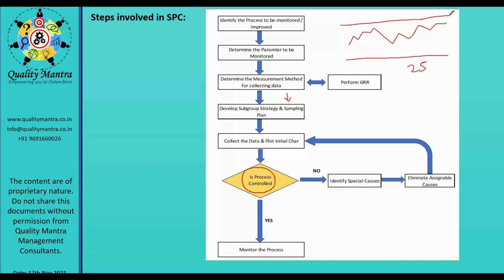If all data is within the control limit, then it is in control? When you calculate the control limits from the data, normally all points will come within the control limits. That doesn't mean the process is in a state of statistical control. We have shown you how many types of patterns there are for special cause, when we will say that the process is in a state of statistical control.